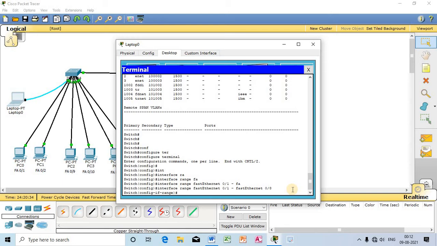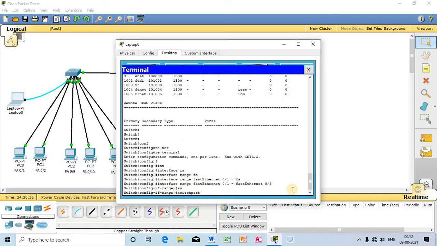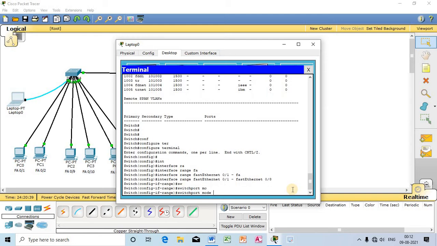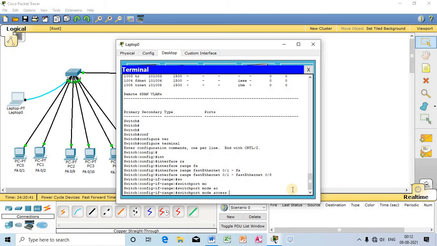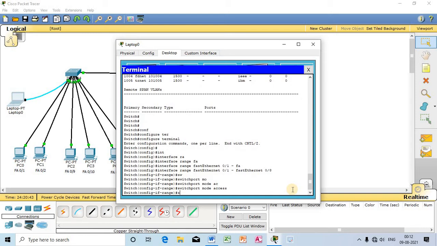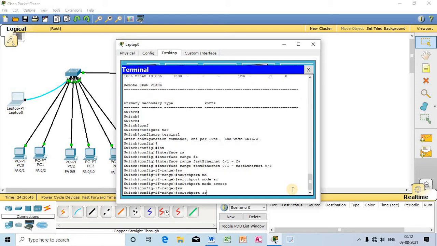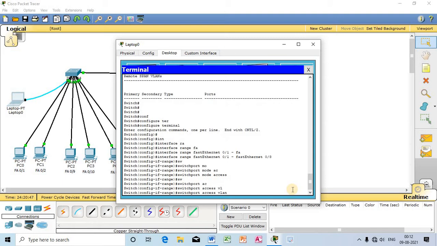So for doing that I will write switchport mode access, switchport access VLAN 2. So now I will assign this to VLAN 2.